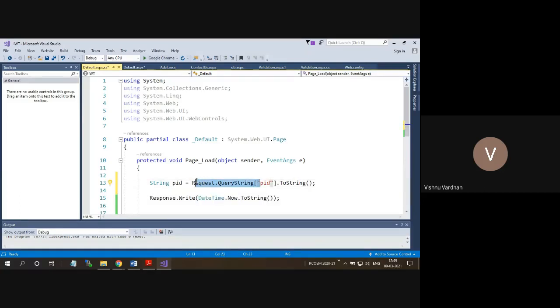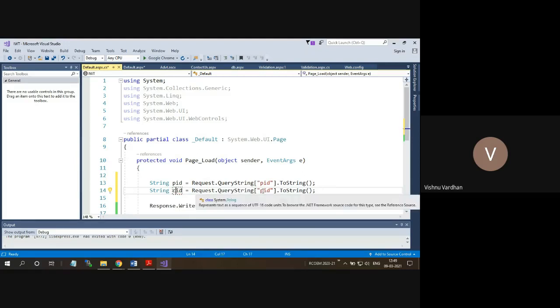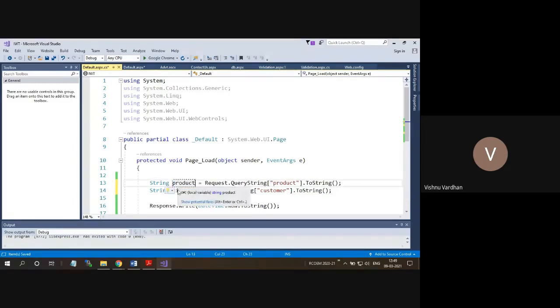Similarly, I can take one more variable which is like customer ID. So one is for the product ID and one is for the customer ID. Or simply otherwise take this as products and this as customer. You can keep any name.